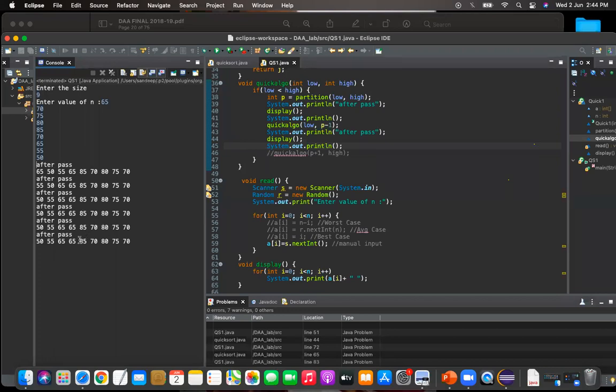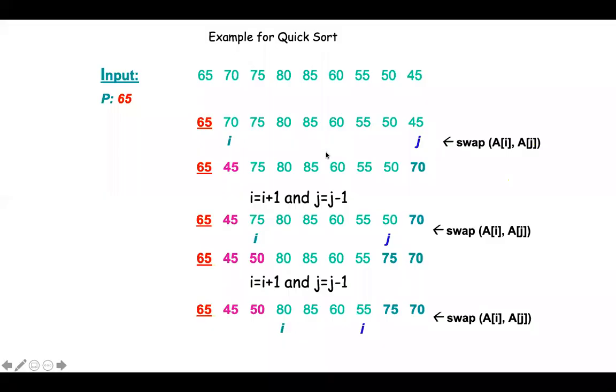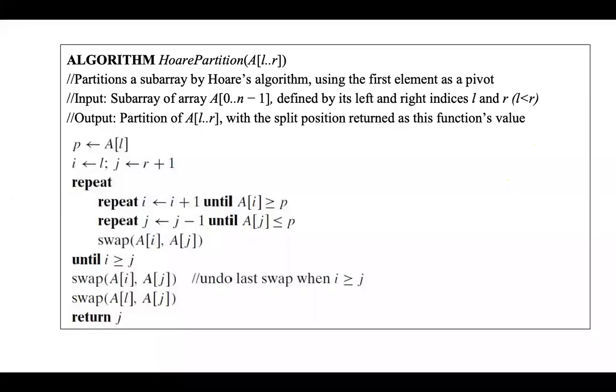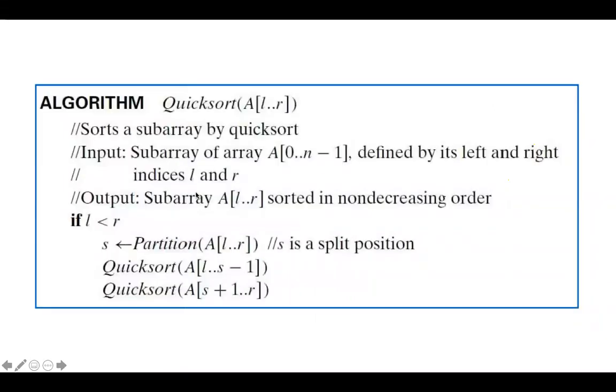What I'm trying to show is the quicksort algorithm, after the first pass. This is the partition algorithm: it takes a pivot element and finds its position in the array. That is, it increments the i value, decrements the j value, and swaps the items. Next, inside the quicksort algorithm, first it finds the partition position and partitions the array.